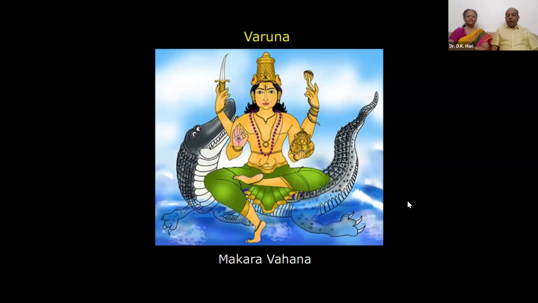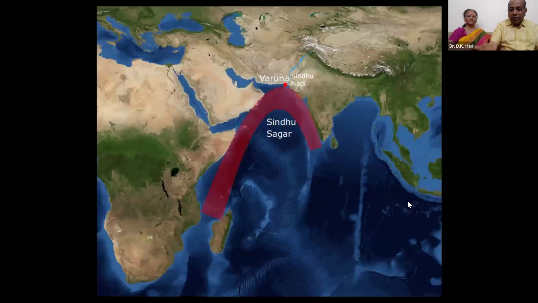And what is that coast called? Makran. The whole coast of southern Iran, all the way up to Sindh, is called the Makran coast that she just showed you. So look at the term. It comes from the Vahana of Varuna, which is Makara. And Varuna Dev is for the seas, the high seas. That's why, if you see,